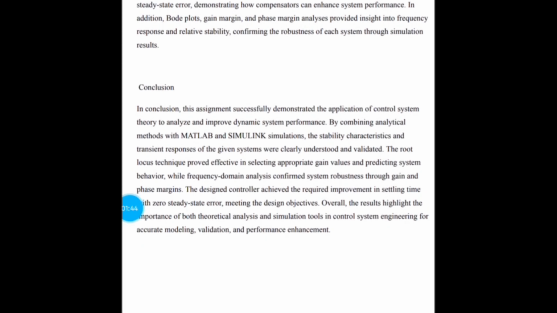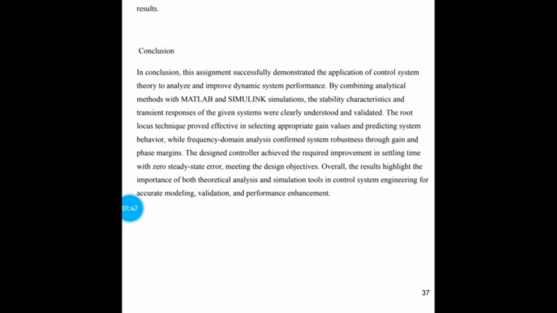Next, conclusion. In conclusion, this assignment has fully demonstrated the application of control system theory and analysis to improve dynamic system performance by combining analytical methods with MATLAB simulation. The stability characteristics and transient response of the given system were clearly understood and validated. The root locus technique proved effective in selecting suitable gain values and predicting system behavior,